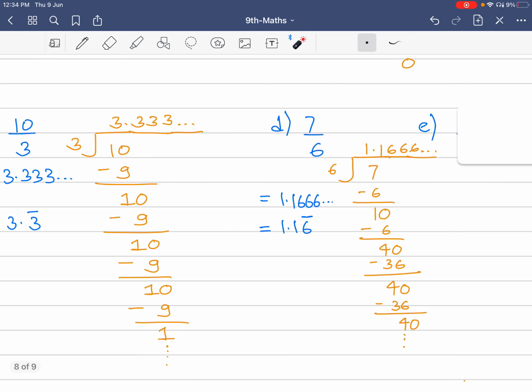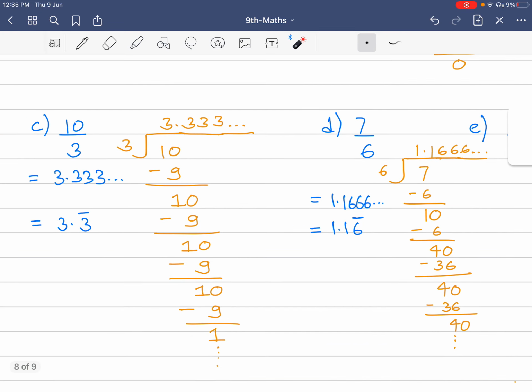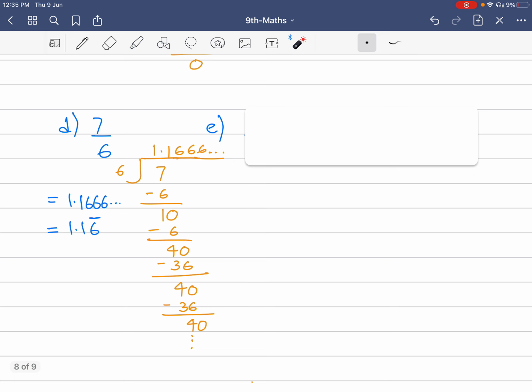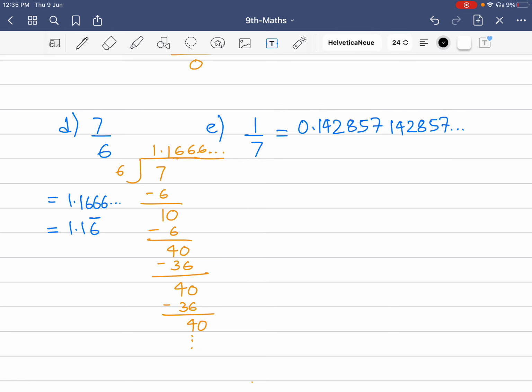Okay. So this representation is a little different than the earlier representation. Here after the decimal we just have one digit which keeps on repeating. Here after the decimal we have one digit which does not repeat, and then we have the second digit which keeps on repeating. Similarly, we have another division, 1 by 7, and I am not going to perform this whole division,